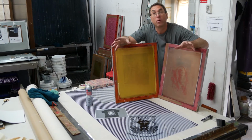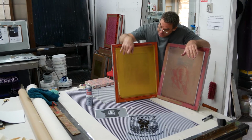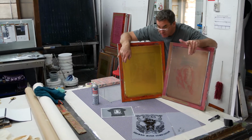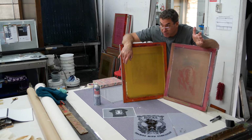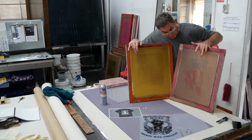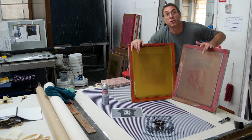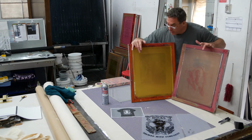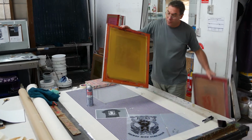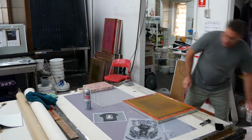These have been in the darkroom overnight, but technically if you've got a small heater in your darkroom or in your wardrobe or under your bed, whatever your darkroom version is, that works. My 62T screens, which when you're thinking in US sort of numbers, is I think like 2.5, so it's about 150 T mesh. This is a 43 T mesh, so it's a bit more open, which is the one most people would use for an opaque ink. So this is your finer detail one, and this is your more open detail. What I'll do is use this finer detail one, which is my yellow mesh, to expose this on,